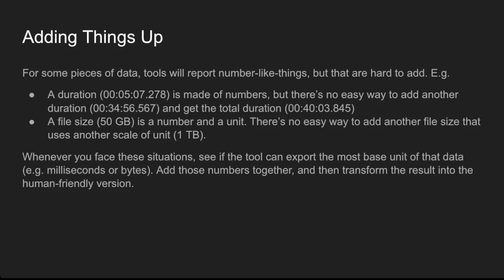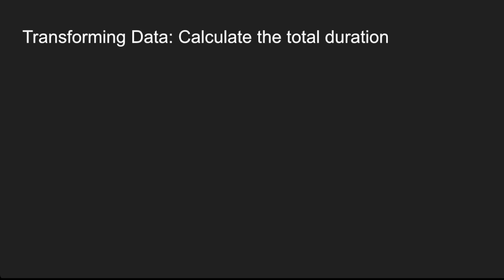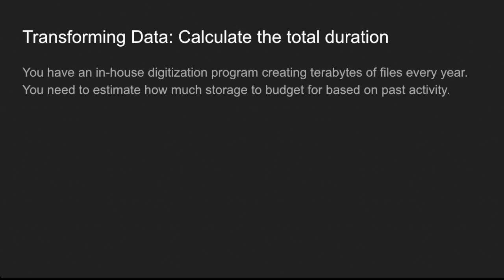And that's generally a good approach to a lot of data analysis, is that the data that you extract might not be that human-friendly, but it's always good to have the most machine-friendly version. You can have a human-friendly version in the column next to it if it helps you work with that data. But when you're doing the manipulation, it's easier to have these more basic forms and then think about the human friendliness as the last step, to be like, and this is how I help somebody else understand what the results of this report are. So going back to this thing, calculating the total duration,